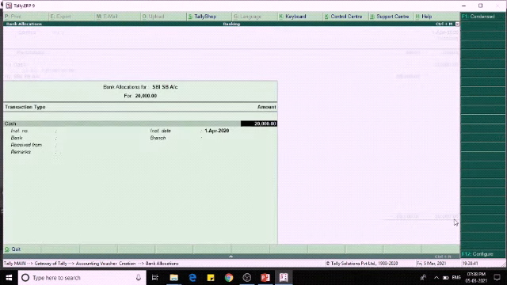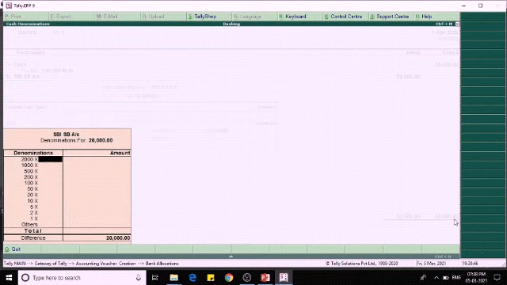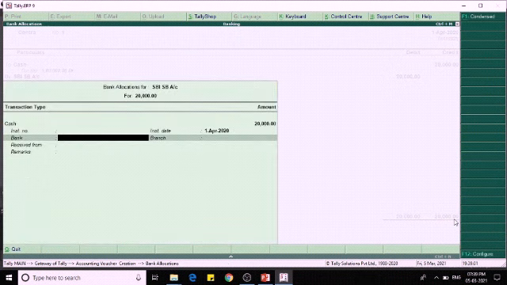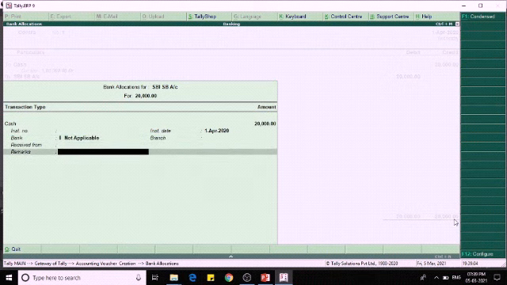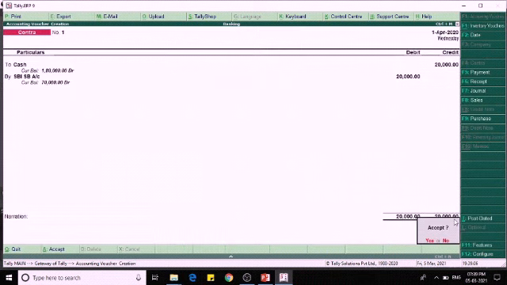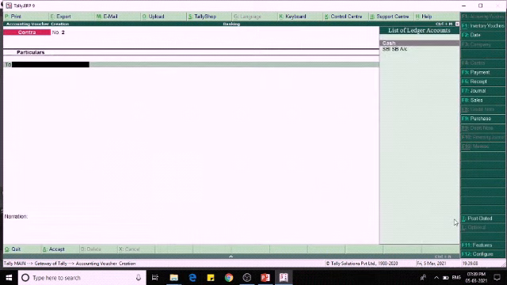So now we are depositing the cash into the bank account. So it shows denomination like this. Now we are depositing the 2000 rupees notes, so we can enter like this. So this is how the denomination will be displayed while depositing cash.